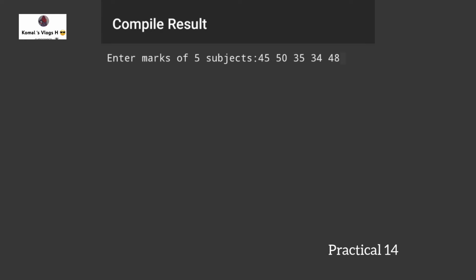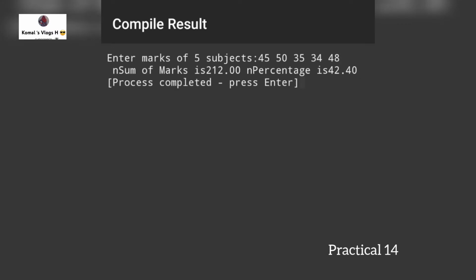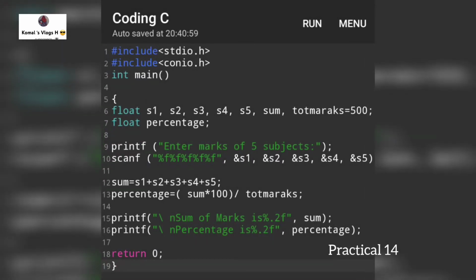So each subject carries 100 marks like this, and just enter and the sum will be calculated in front of you. Okay, the sum is calculated, and using the sum it will be multiplied by 100 and then divided by 500. The percentage is 42. You can see now, if the total marks are 100 for each subject, then these marks are very low. So here I can also change the total marks, and the percentage will also change. If I change the total marks to 250,